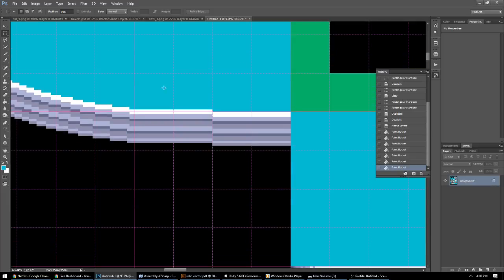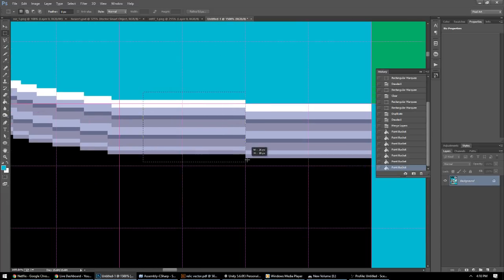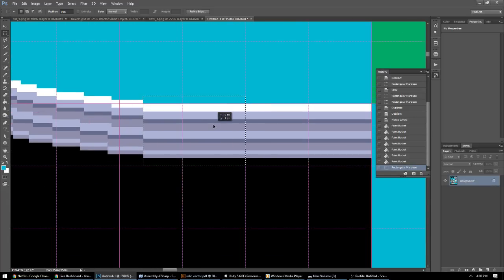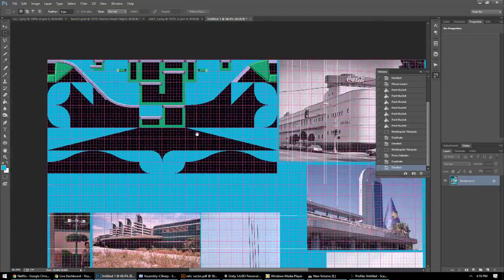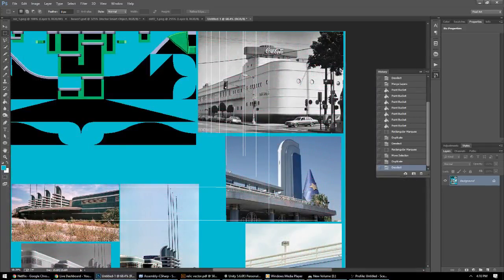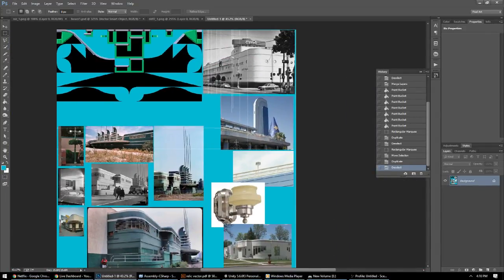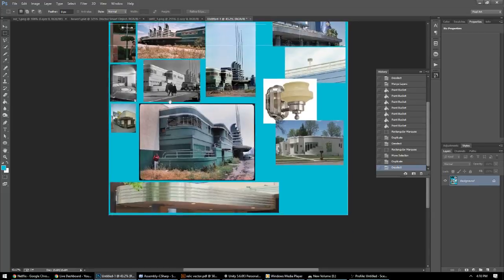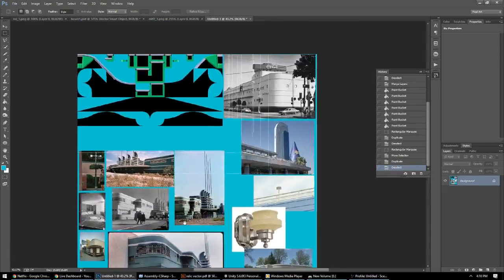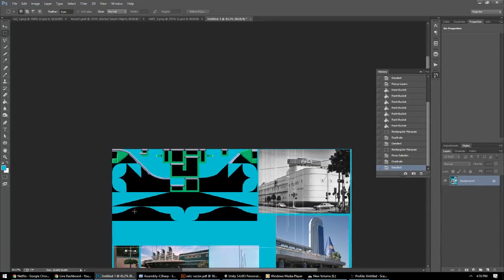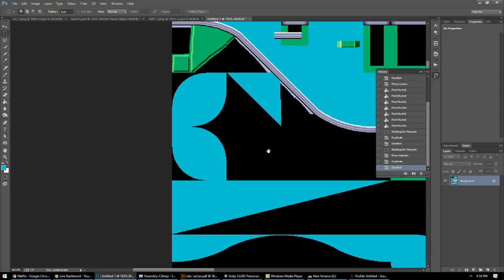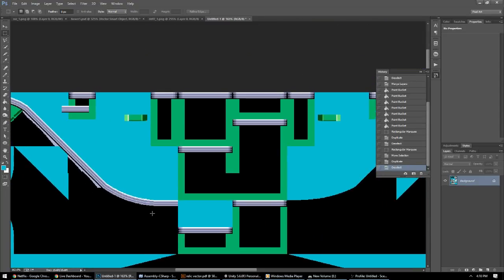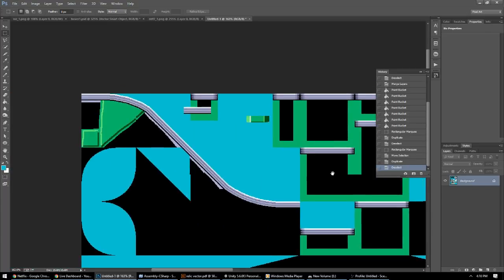Let's check. Okay. This needs to come down a little bit more sooner. And I'm just making some pixel art. This level's going to be like an Art Deco level. I'm kind of screwing up my concept art in the background as I make edits, but you can see a lot of Art Deco influences that are going to be in the level. So that's cool. Okay. I think I can just take that same one and flip it,